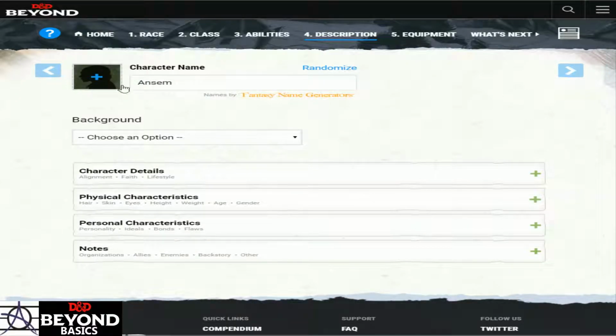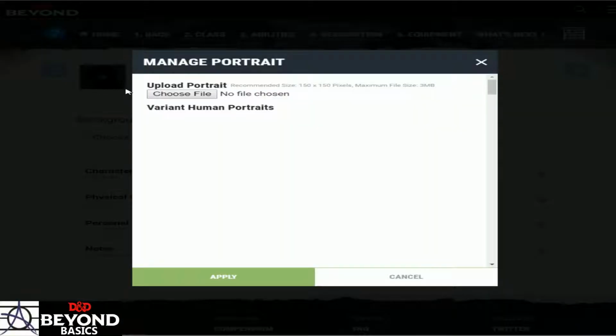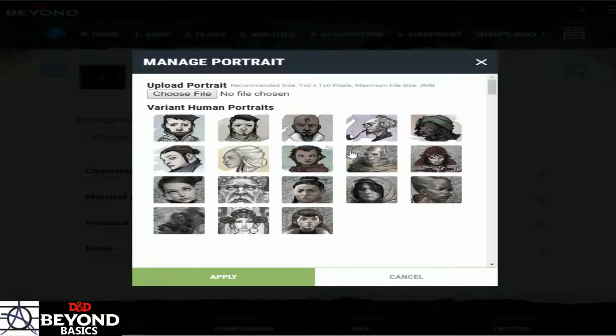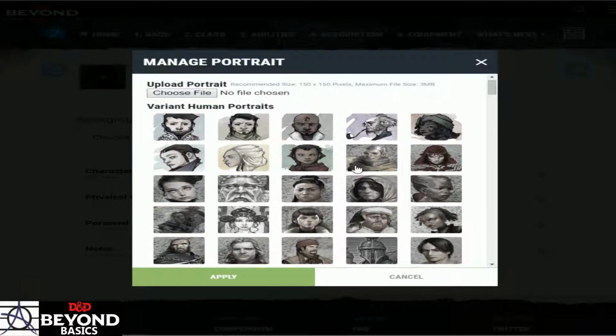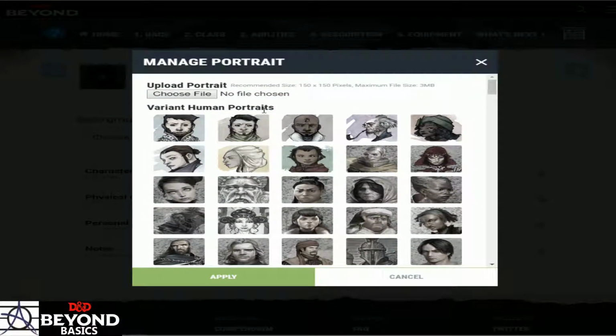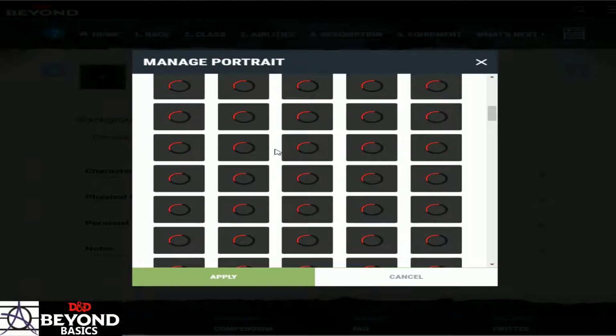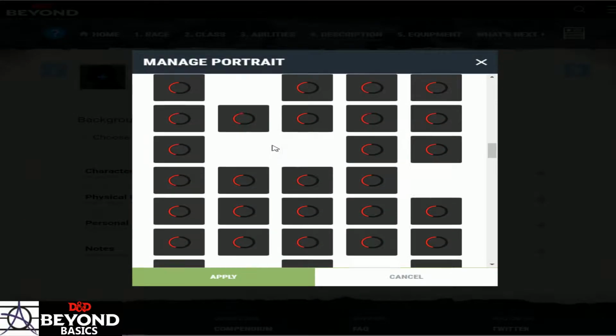Next. All right, here's our player character. Now we know what our character is, right? So we chose variant human. I'm going to go up here. I'm going to say, all right, what does my variant human look like? Right? It gives you the variant human portraits. And then if you scroll down farther,